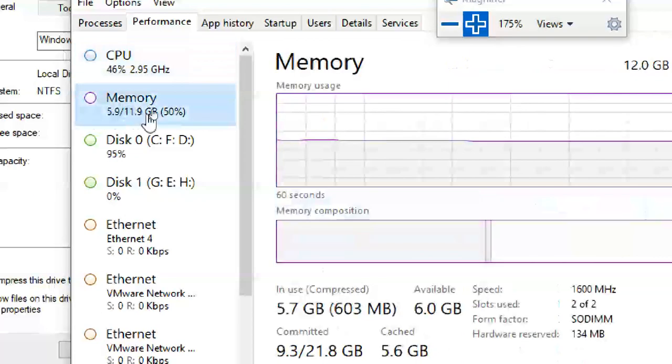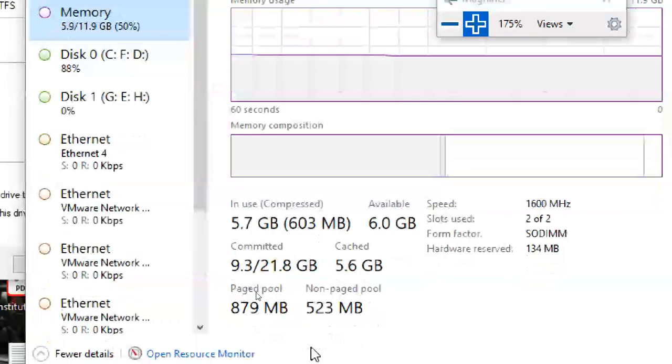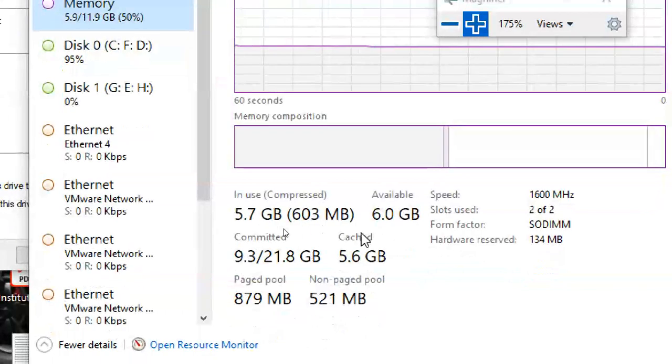Okay, next, memory utilization. Check how much memory is available from your total memory. Make sure at least 50 to 60% of memory is available. Otherwise, at least 1 to 2 GB of free space is required to run your system in a smoother way. And there are two more things, I will tell you about cache memory only, so later. So that is memory.